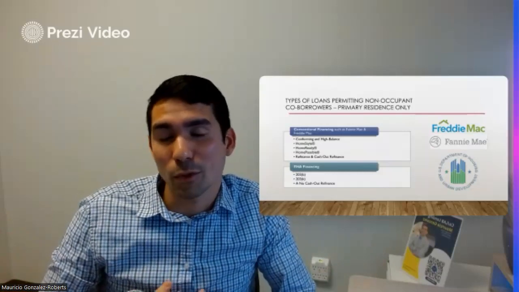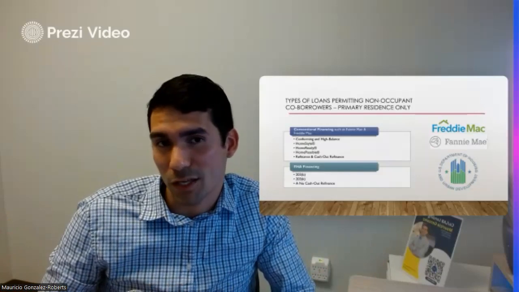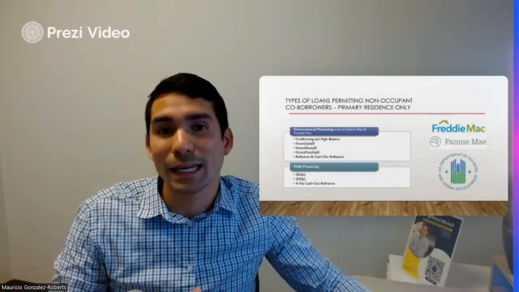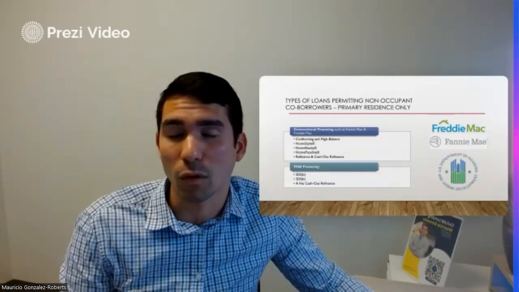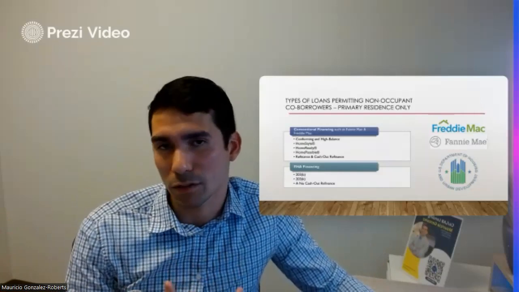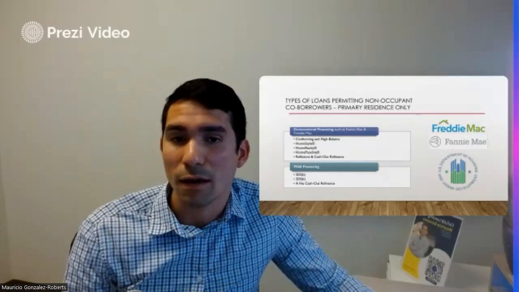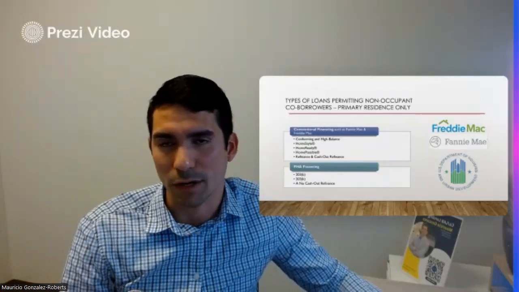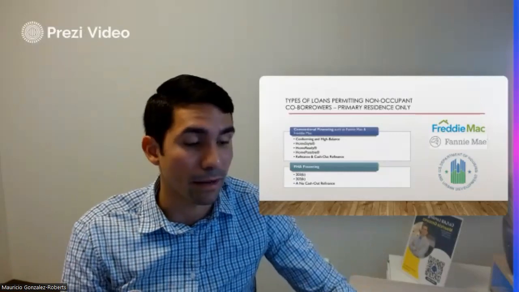If they're not able to tap into that equity and we're doing an FHA loan, it could really not be helpful to get all that money out. So that's something to keep in mind only for FHA financing. Conventional is a little bit different. We can benefit from that.